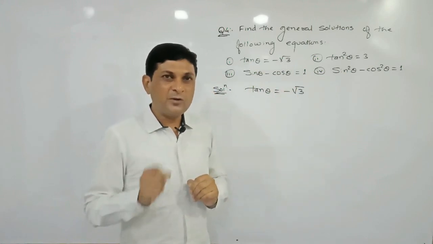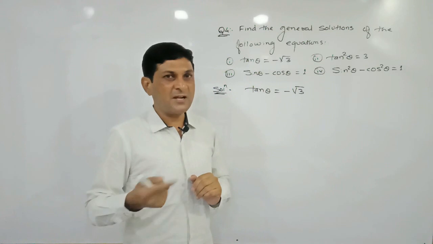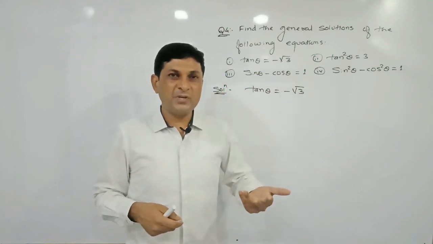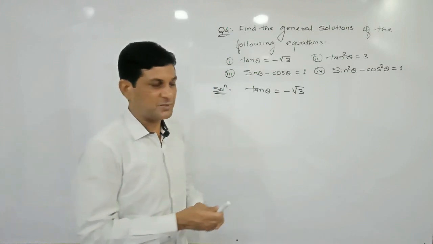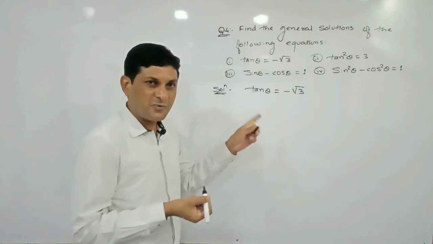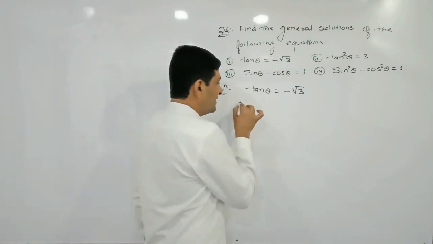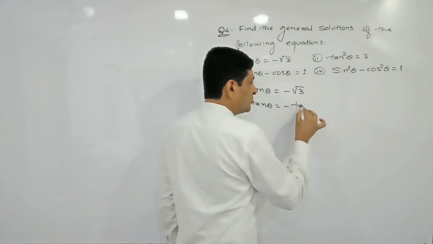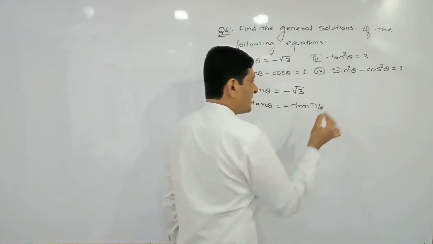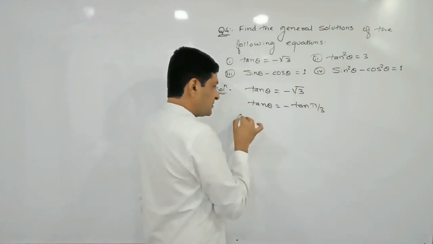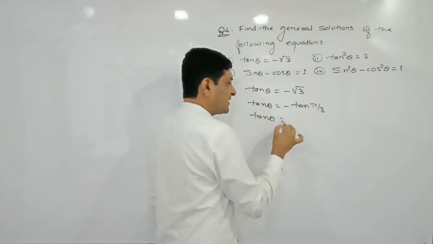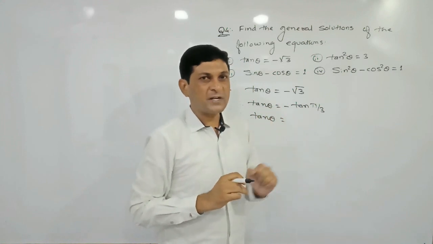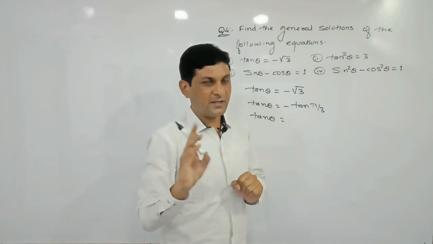Here we are able to arrange the term in the form of which standard formula? Tan theta is equal to tan alpha, and for this we have a formula to find the general solution. So let us try to arrange the term in the form of tan theta is equal to tan alpha. So keep the left hand side tan theta as it is, minus also as it is. √3 can be replaced by tan pi by 3, meaning tan 60. So therefore tan theta, keep it as it is, but here we can observe that the value of tan is negative. And in which two quadrants is the value of tan negative? In the second quadrant and in the fourth quadrant.